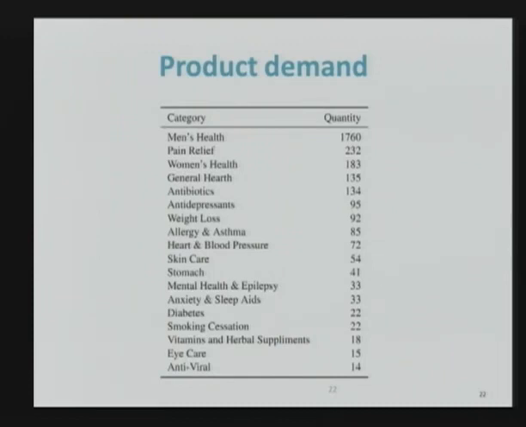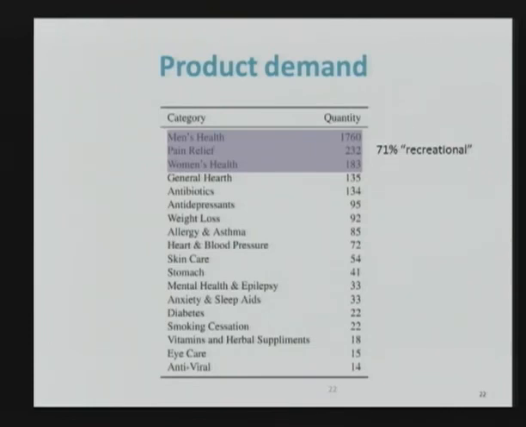Now, not only do we get to see where, but we also get to see what products it is that they are desiring. And this is a simple distribution of the different product categories as categorized by the affiliate program, by the merchant. And we see that at the top of this distribution, there's things that one might consider to be recreational drugs. So here you see men's health, which is your Viagras, your Cialis, these erectile dysfunction style drugs. And then interestingly, women's health does not mean what you or I might think it means at first glance. Women's health is almost exclusively Viagra style products marketed towards women,